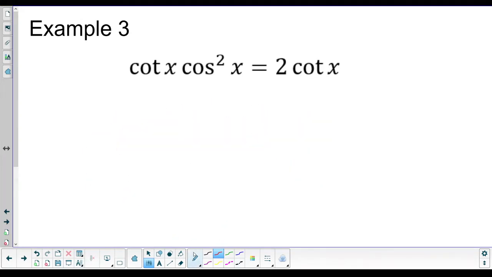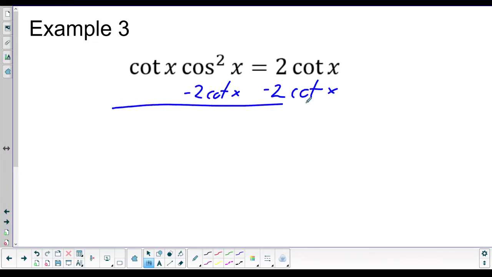Okay. So what we're going to do is we're going to try and set this equal to 0 and then factor. All right, sorry, let me just fix my pens here. Okay. So first, let's move this 2 cotangent over so that we have it equal to 0 like we want. So we're going to do minus 2 cotangent of x minus 2 cotangent of x. So these cancel and this side is 0. On this side,